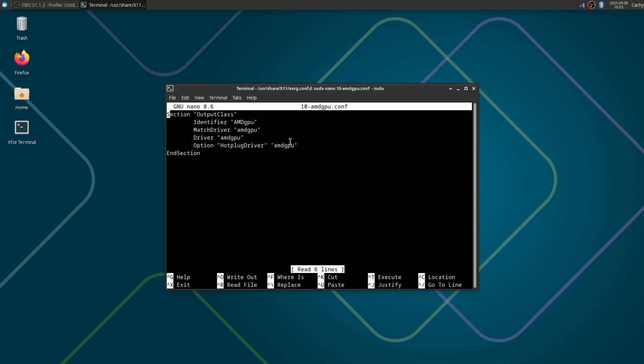And then, so I think in here, if we add the option tear free,